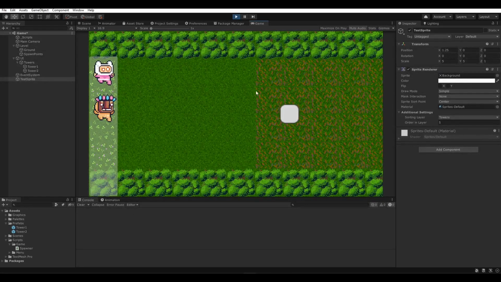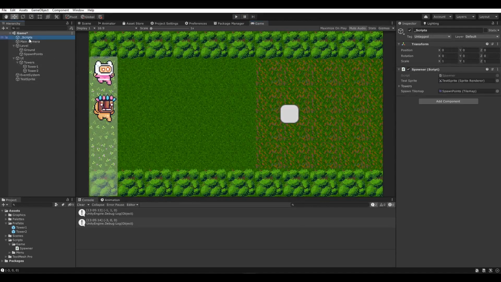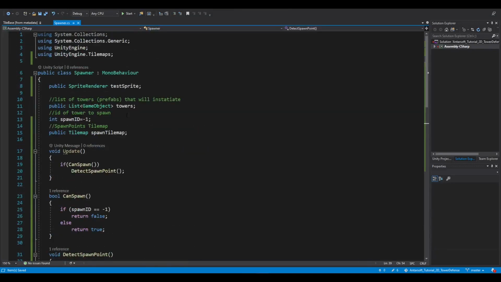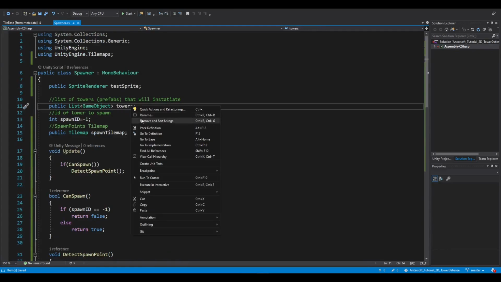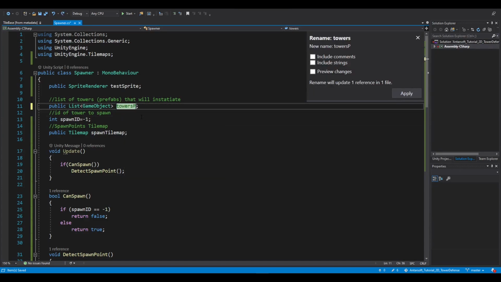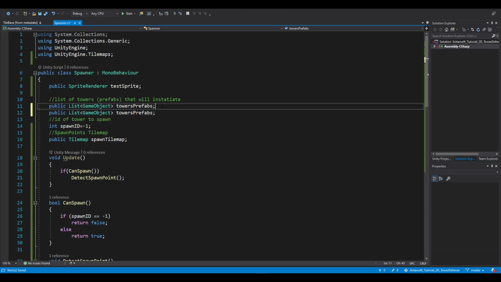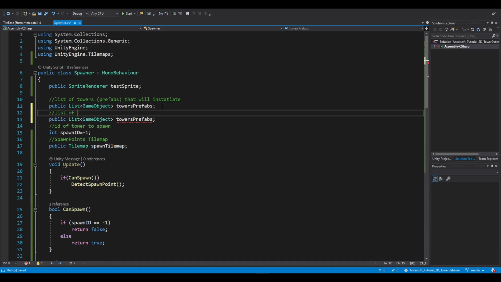So let's select the tower. Click here. So that's it. First of all, I want to make sure that I have these towers highlighted. So let's create a reference for them in here. Let's call these towers prefabs. That's fine. And let's create another list. We call it list of towers UI. Towers UI. So what I mean by this, actually I want to make it images,